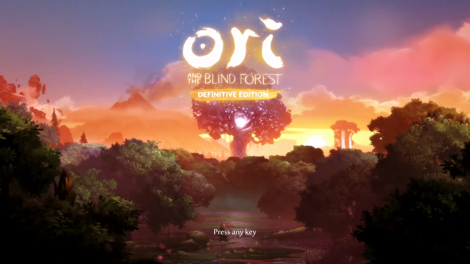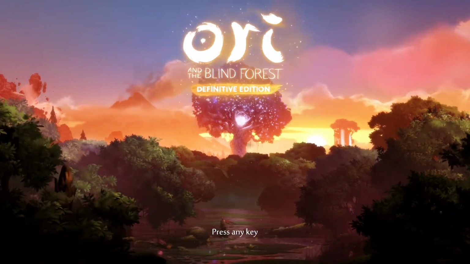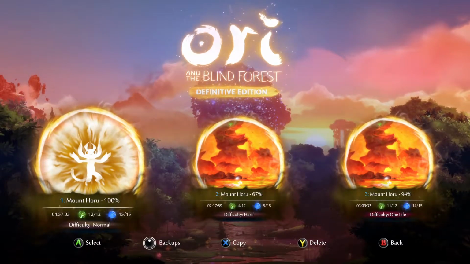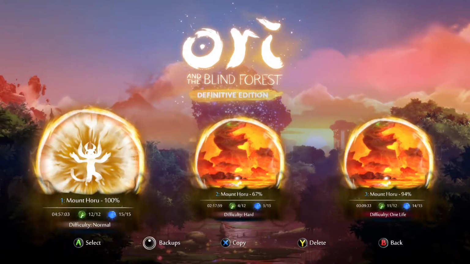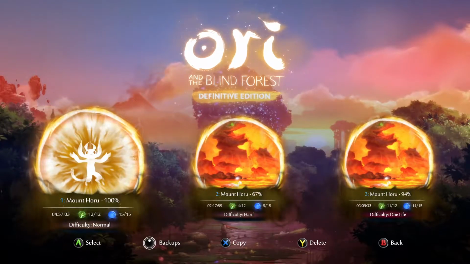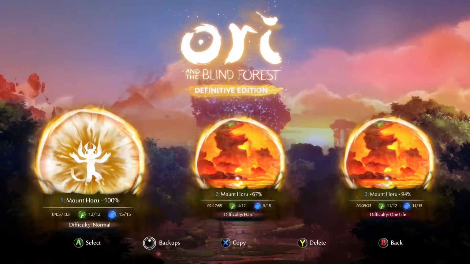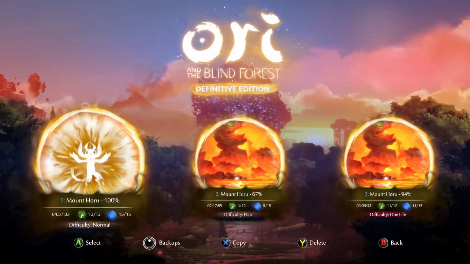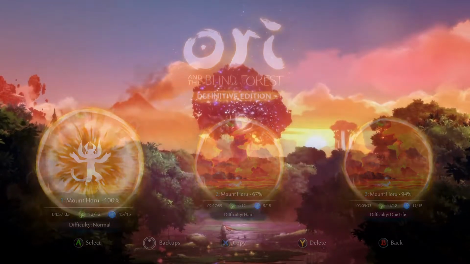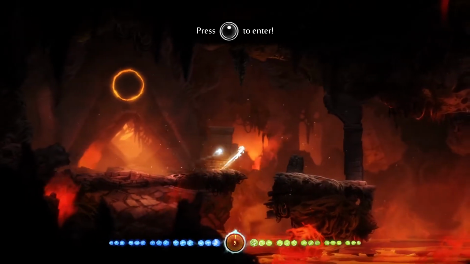Hello everybody, and welcome back to another episode of Ori and the Blind Forest, or rather, the bonus episode, because last time we 100% fully completed Ori and the Blind Forest. So in this episode, we're actually going to do a few things. First off, we're going to discuss some little cheat codes that you can do once you've completed the game. So, I'm just going to start up this save file that we've 100% completed,